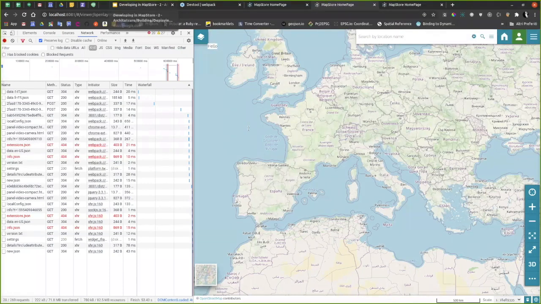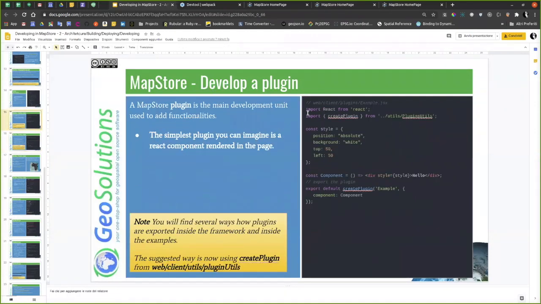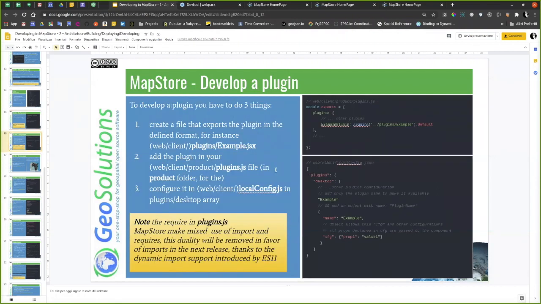So summarizing, to include a plugin, you have to define it using the create plugin function. You have to include it in plugins.js, and you have to include it in local config, desktop entry point, plugins desktop entry point, and